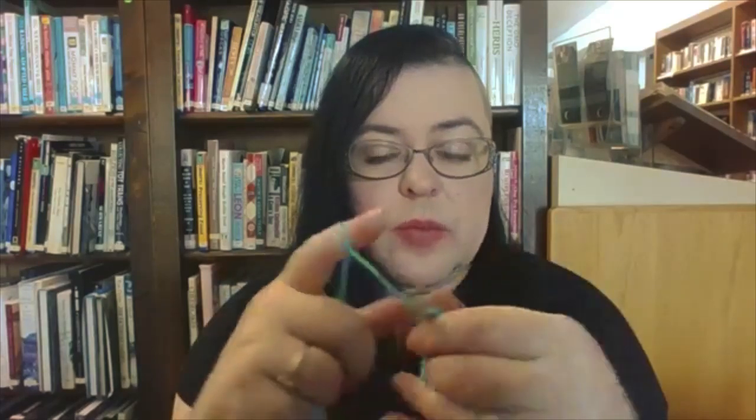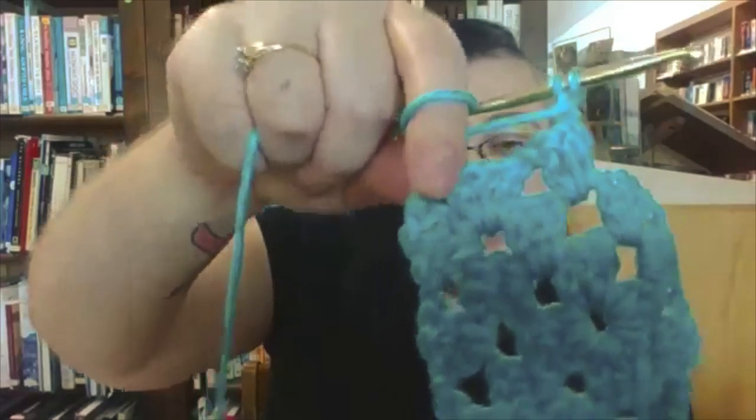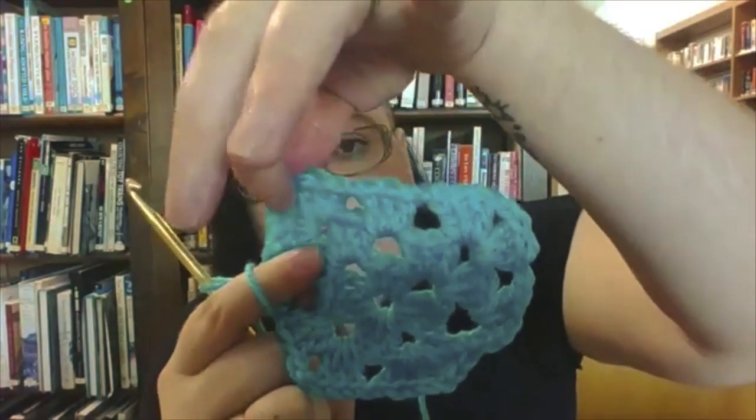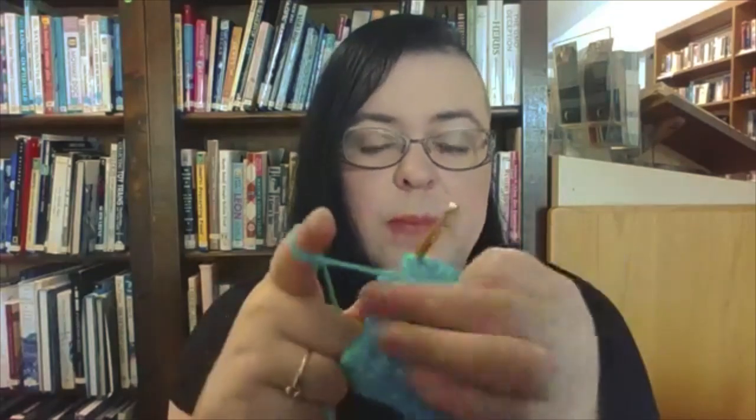All right, so we're gonna work on our corner now, because look, this is where we're at. We've done a corner, we've chained 1, we've done a cluster of 3, we've chained 1, and we've done another corner which has cluster of 3, chain 2, cluster of 3. We are going to finish off this corner by popping in our cluster of 3, chain 2,